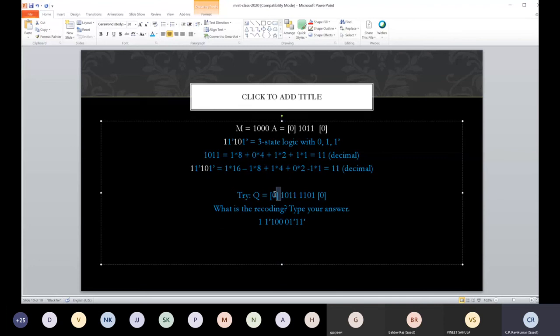This is 1, then 1 bar, then 1 bar 1 0. Then 0 0 1.